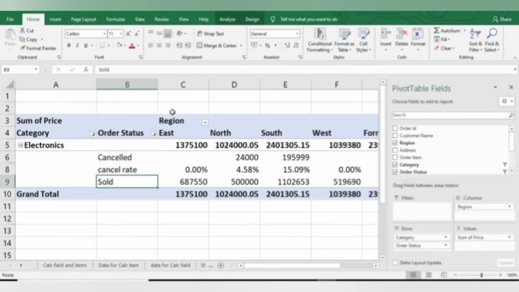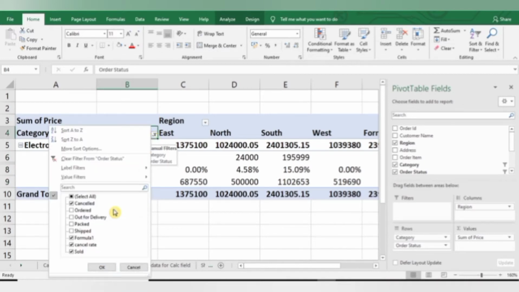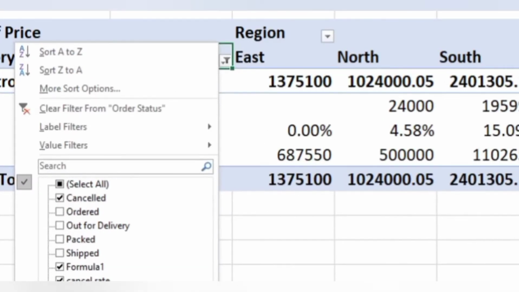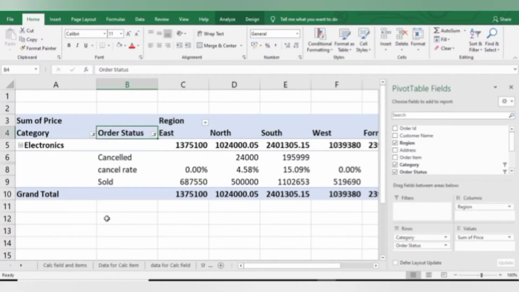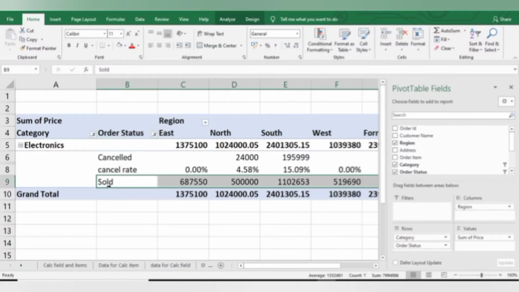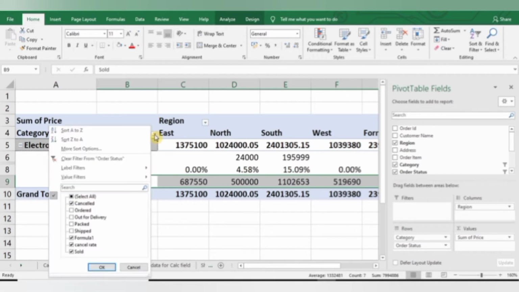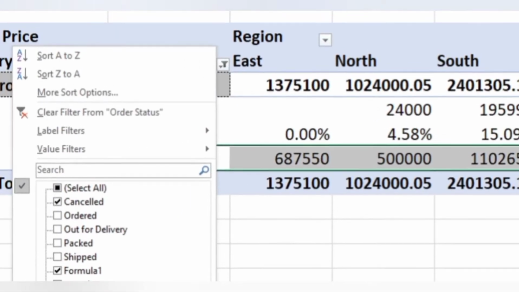So here I have 5 types of order status, that is cancelled, ordered, out for delivery, packed and shipped. And here I have made a separate order status, that is sold, out of these 4 status, that is ordered, out for delivery, packed and shipped.